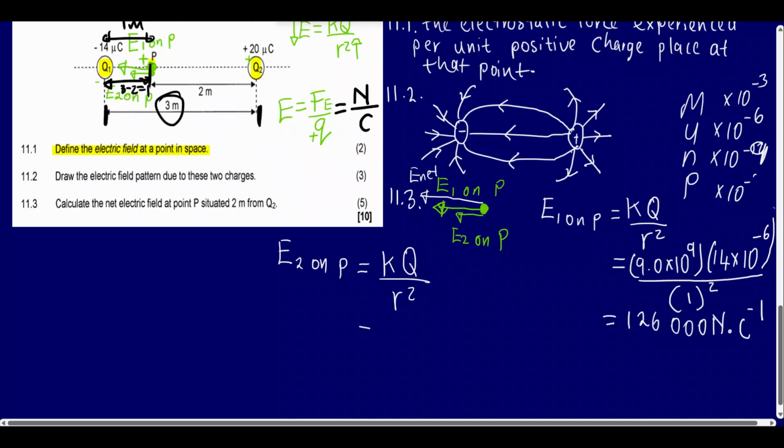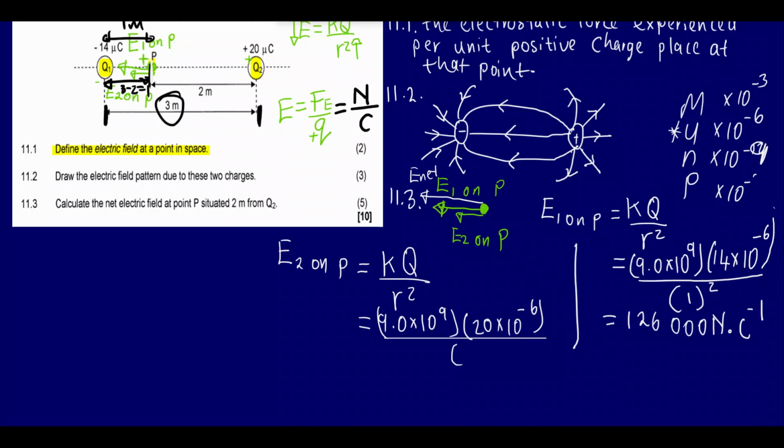So E2 on P would say K, the charge over R squared, right? So here, what is the K? 9.0 times 10 to the power of 9. And what is charge Q? The charge Q is going to be Q2 now, which is 20 times 10 to the power of negative 6, right? Because it's negative 6 here, the micro, right? So all over